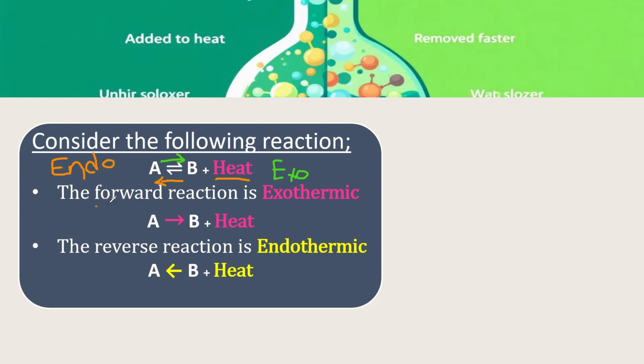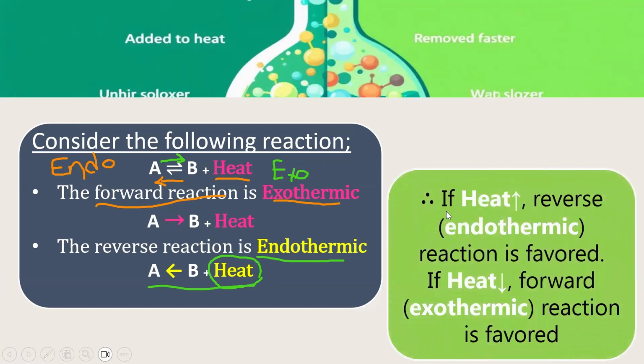So here the forward reaction is exothermic from left to right, which is represented by this reaction. Reactant A will produce product B and heat. While the reverse reaction from right to left is endothermic, so heat is consumed as a reactant. Therefore, if heat is increased,